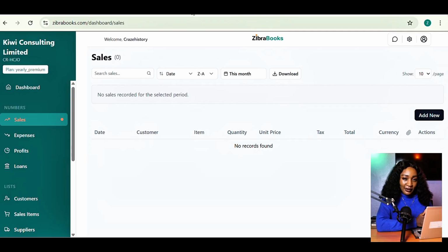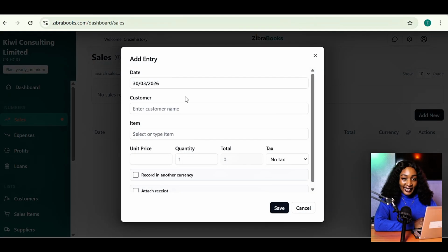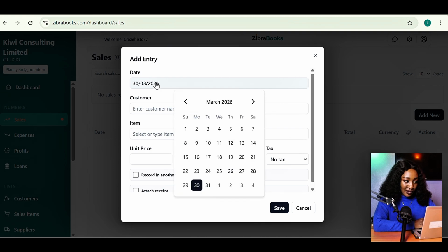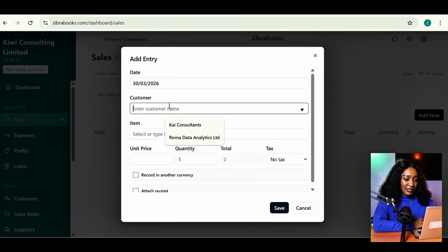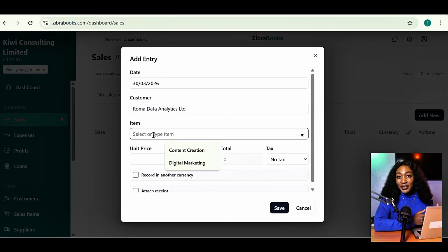To record a sale in a different currency, go to Sales, then click Add New. Select your date, that is the date of the sale. In this case, we are going to choose 30th March 2026. Select your customer. In this case, we are going to select Roma Data Analytics. Item. The item is the service or the item that you have sold. In this case, we are going to add a new item called data